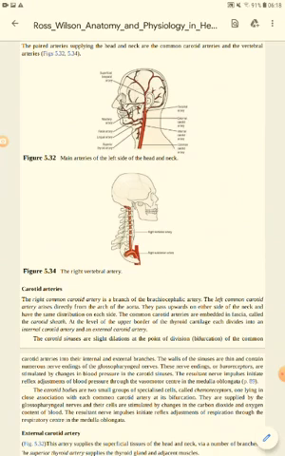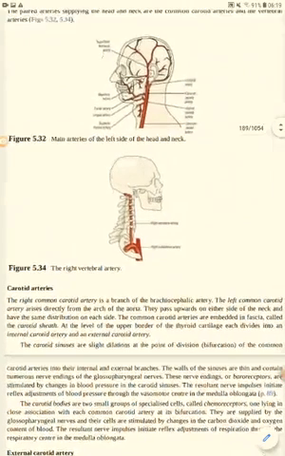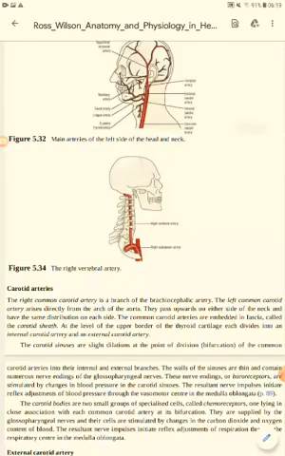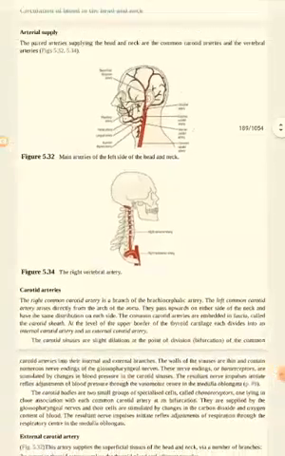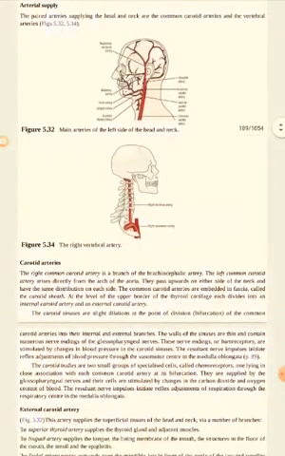There are certain dilatations at the level of the bifurcation of the common carotid artery, where it divides into external and internal branch. These dilatations are actually the baroreceptors which respond to various pressure changes, that is blood pressure changes in the body, and are involved in the adjustment of blood pressure through reflex mechanisms. So carotid sinuses are actually dilatations at the bifurcation of the common carotid arteries which respond to various pressure changes.